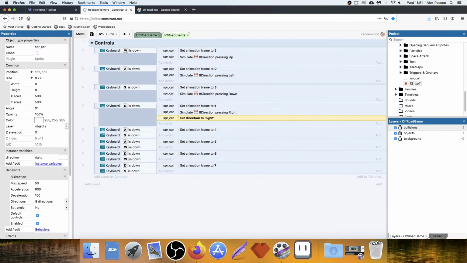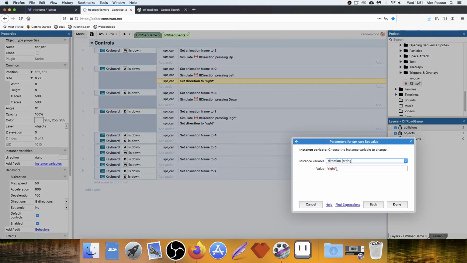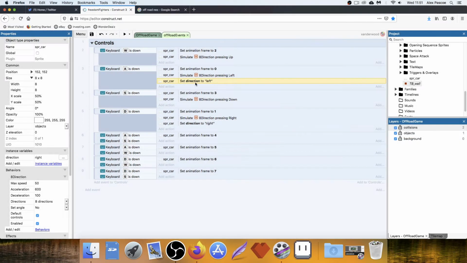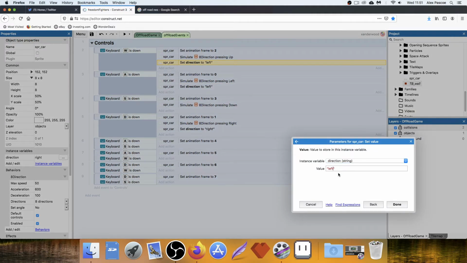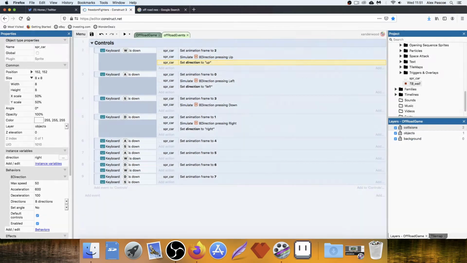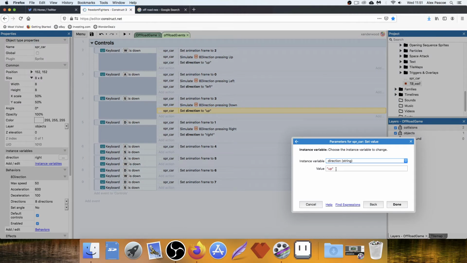So we'll set it right. If we're pushing A, obviously we're going to set it left. If we're pushing W, then we're going to set it up. And if we push S, we're going to set it